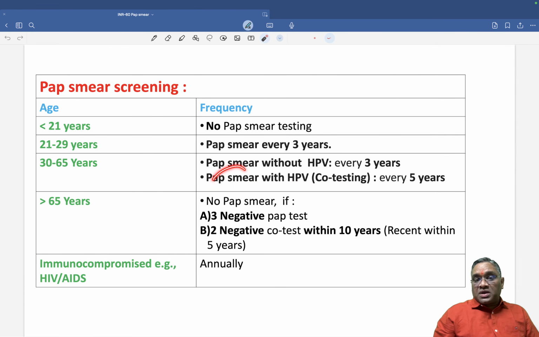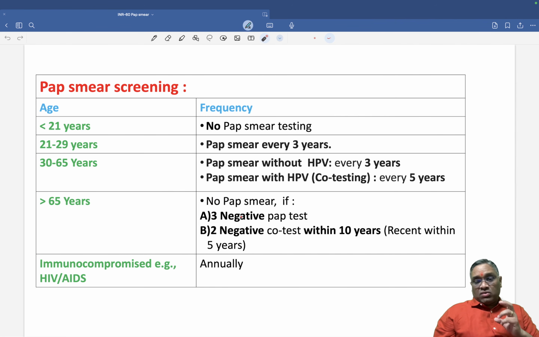Remember, because we are doing two things, pap smear plus HPV. We are doing pap smear for screening of the cells and HPV for the virus. So this is called co-testing, and this should be done every 5 years. So pap smear with HPV co-testing every 5 years. So now you understood. When a lady is between 30 to 65 years, you have to perform pap smear without HPV every 3 years. Pap smear with HPV, which is also called co-testing, will be every 5 years till the age of 65 years. And you should stop pap smearing after 65 years if there is no abnormality,